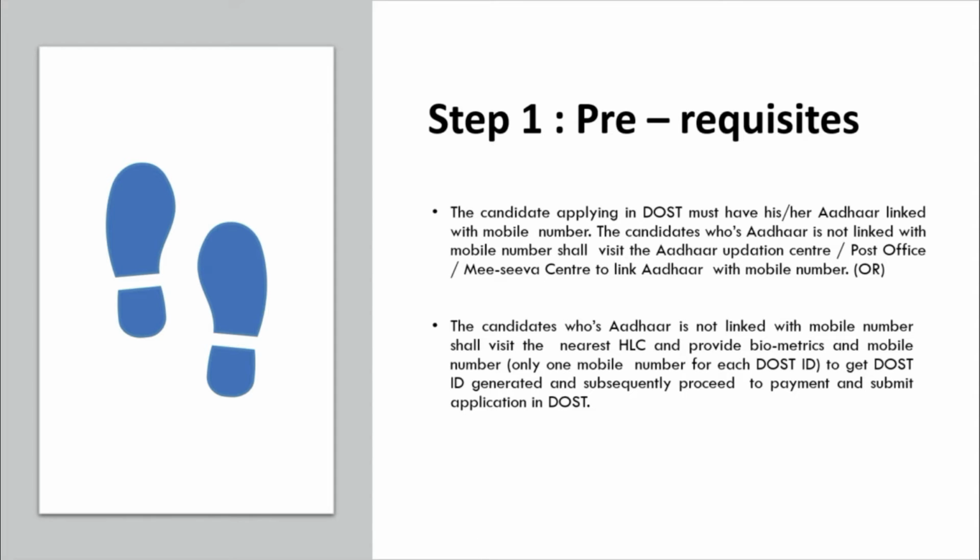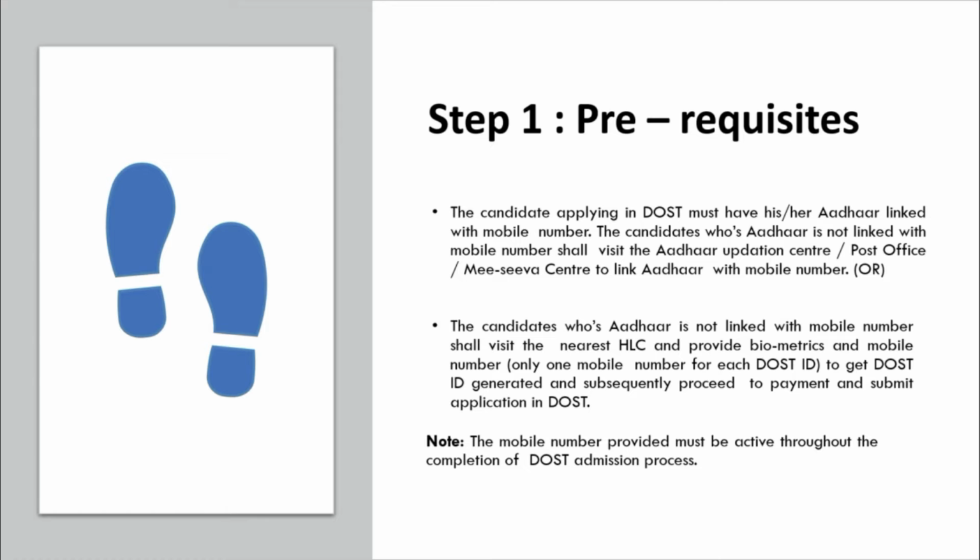The candidate whose Aadhaar card number is not linked with the number shall visit the helpline center and provide the biometric and mobile number, and you should make sure that the mobile is with you throughout this complete process. Once you register at the helpline center, they help you to have the registration process very clearly. So ensure that you keep your mobile number and your IDs safe, and you should have that mobile number throughout this process. The mobile number should be provided and active through the link.